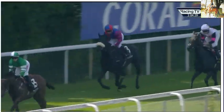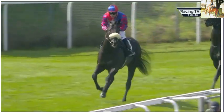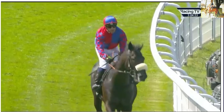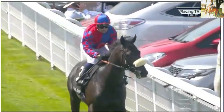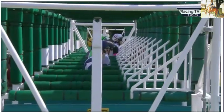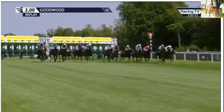We saw a little bit of a snapshot of that in the paddock when he was starting to just get a little bit het up, but he's overcome it all. And look, he's a big strapping colt. I don't think he's an out-and-out 5 furlong horse in the way that Big Evs is and was. He hasn't won in the same kind of style, and he's not quite as all speed. He will step up to 6 furlongs, but what an effort from the whole team, and Connor Quirk, who buys these horses for Paul and Rachel, the owners. They've obviously done a tremendous job in the last couple of years sourcing these exciting 2-year-olds, and